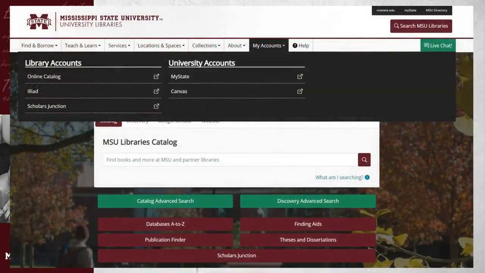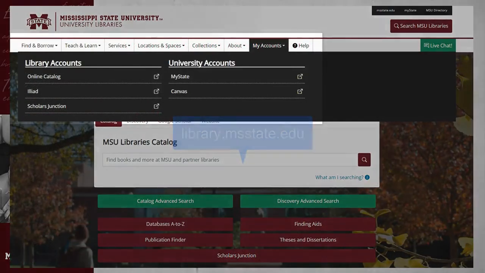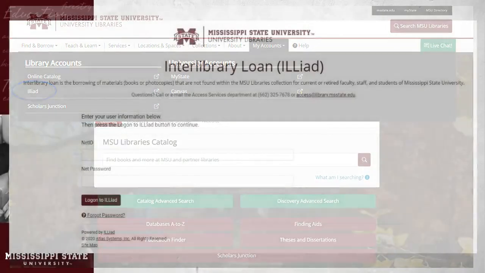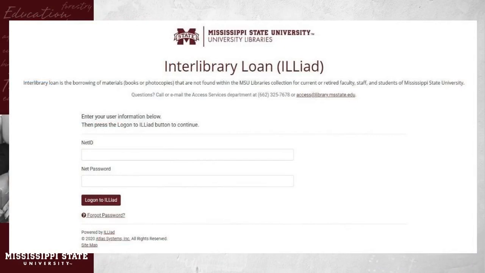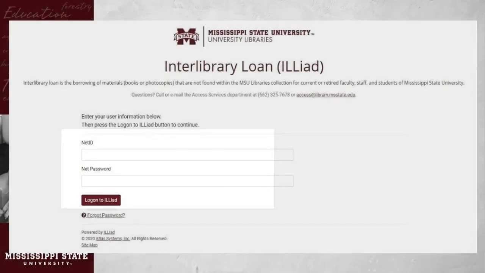To access interlibrary loan, first go to the library homepage, library.msstate.edu. Click on the My Accounts drop-down menu and select ILLiad. Faculty, staff, students, as well as retired faculty and staff of MSU can access their account by logging in with a NetID and password. If this is your first time using the interlibrary loan system, you will be prompted to